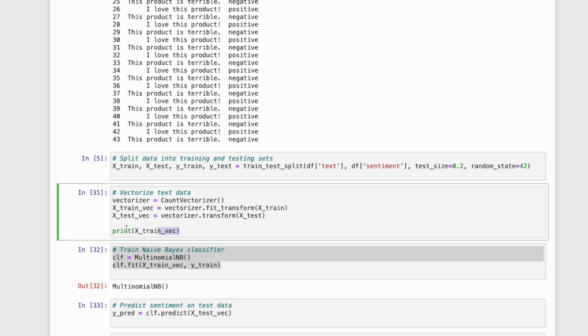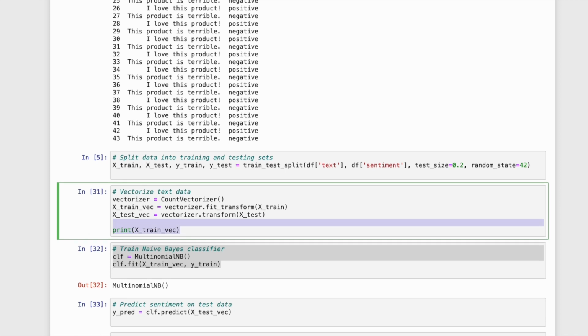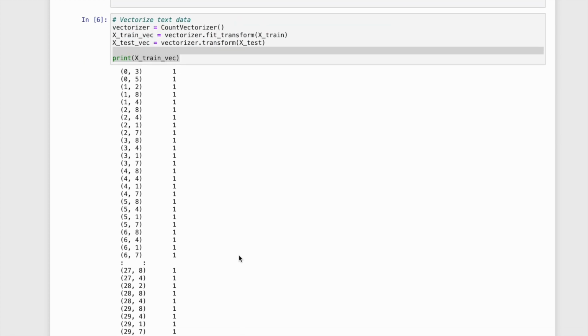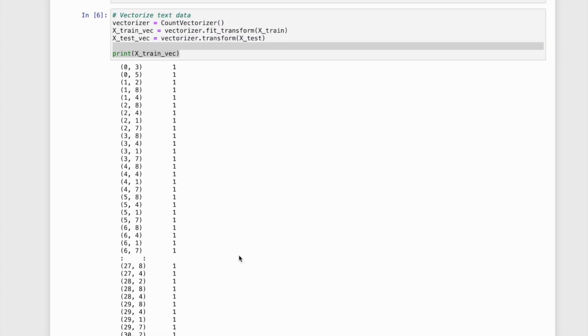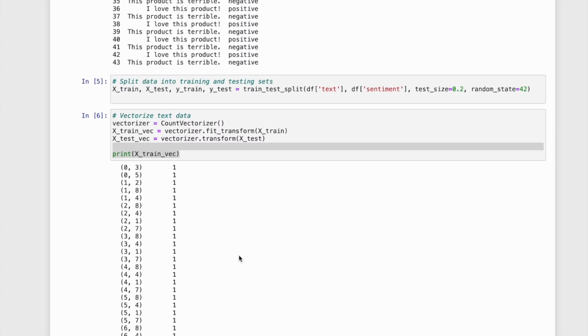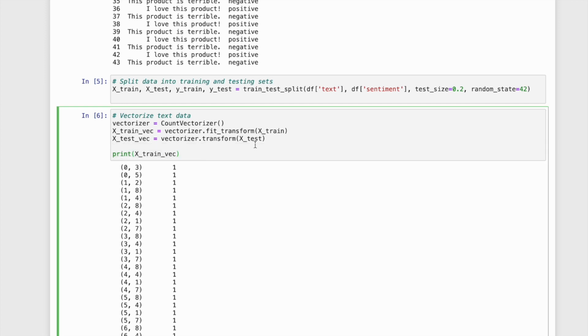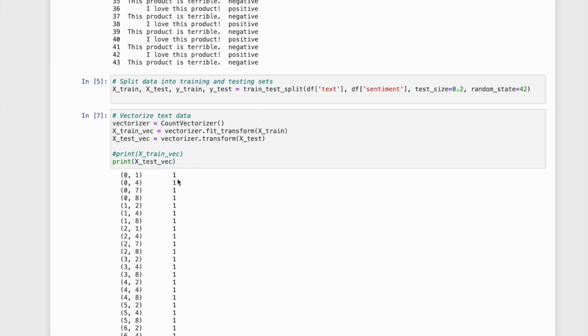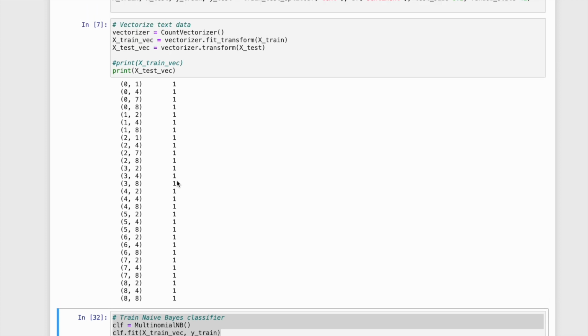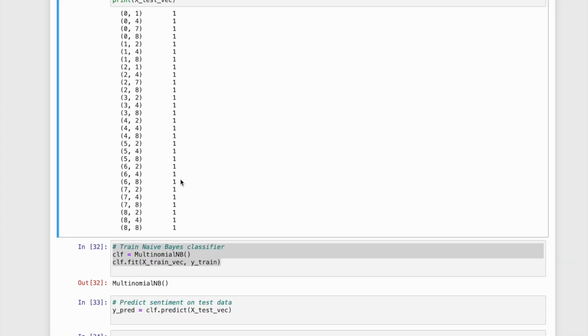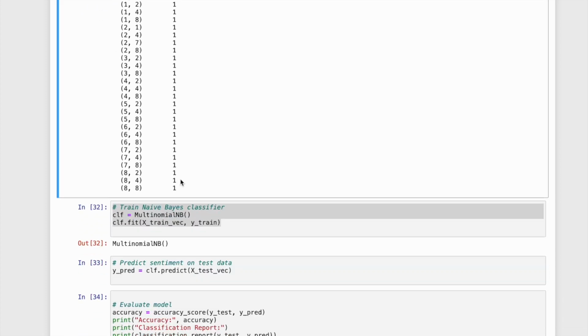If we print xtrain vector after running it, you can see that it gives you the vector format of the xtrain vector, and similarly it will give you the vector format of the xtest vector. And right here, you see the difference between these two. So after we vectorize the data,